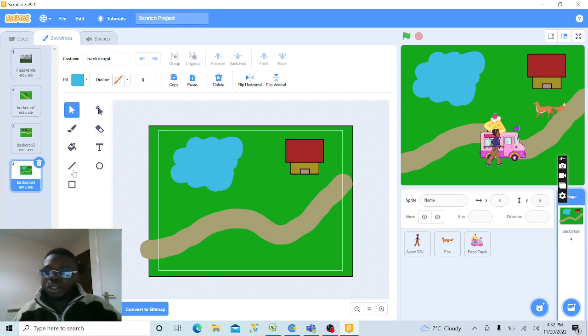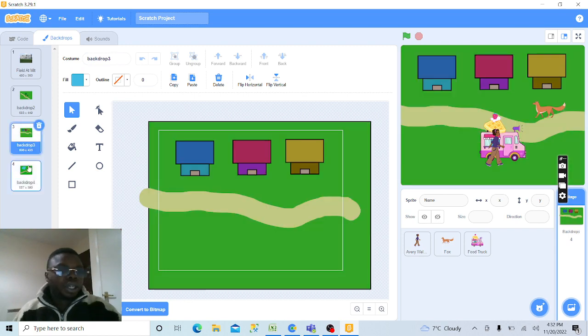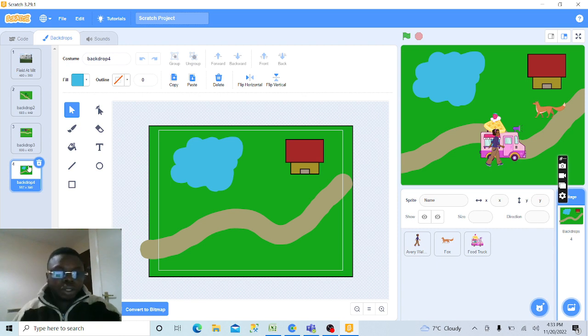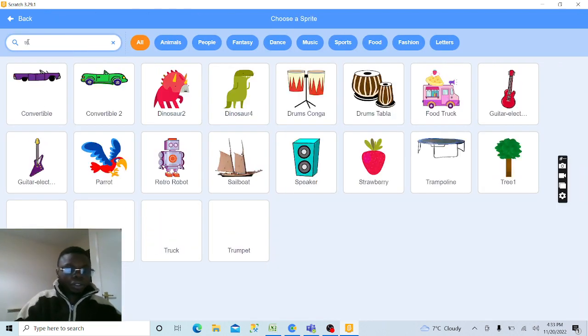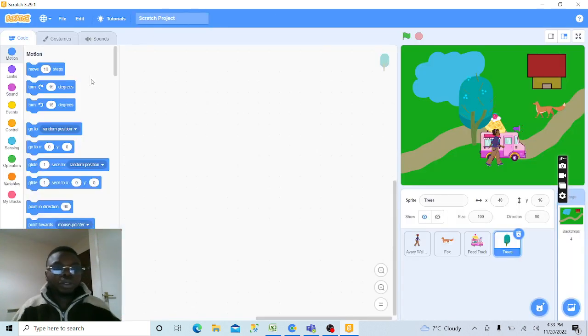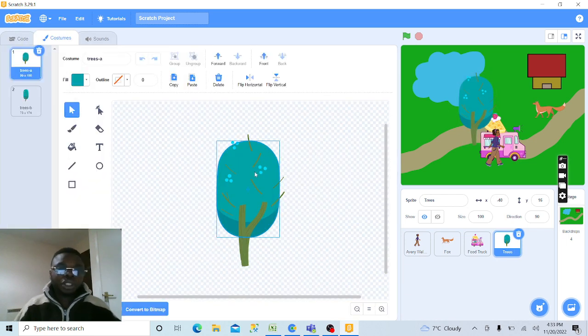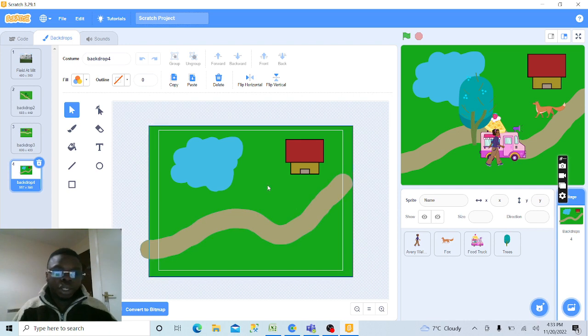And do you think we should add anything to our background? So for instance, let's assume I want to add a tree to this background as well. So I can come here and look for a tree. Let me use this type of tree this time around. Click on it, go to custom, then I can copy this tree and go back to my background and paste. I can reduce the size,